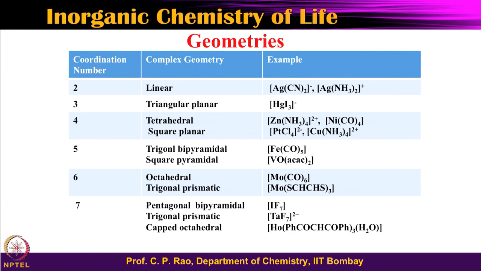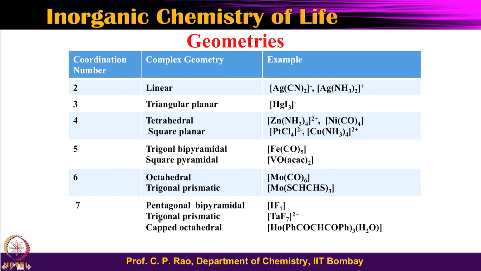When it comes to 5 coordinated, you have a trigonal bipyramidal, you have a square pyramidal. Okay. So, there are 5 coordinate geometries, both square pyramidal and trigonal bipyramidal. When it comes to 6 coordinate, you can have the octahedral, you can have a trigonal prismatic. Octahedral is nothing but trigonal antiprismatic. So, antiprismatic and prismatic, there are 2 kinds of things there. Okay. So, the corresponding examples are given over here.